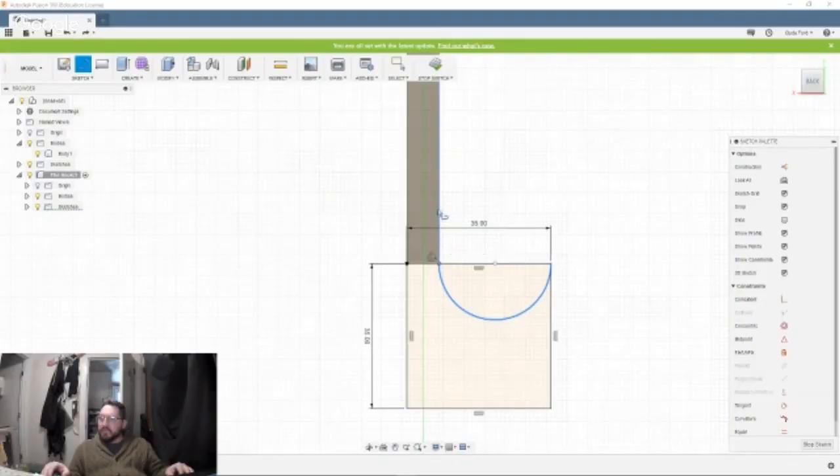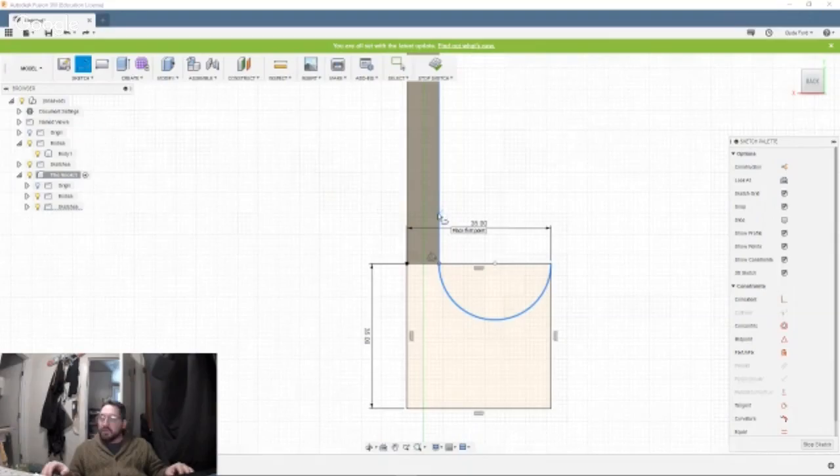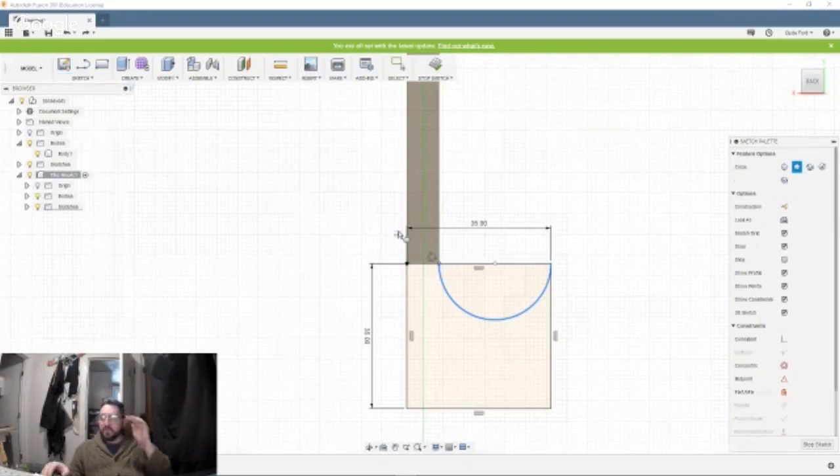Let me see if I can get the reference right then. Do the 2-point circle. Oh, I could do that. Well, I was doing it as a spline, but yeah, do a 2-point circle or a 3-point circle even. Well, let's do the 3-point circle then. And then you can come off of there. You can go down to your point, and then you can drag it out to whatever size you want.